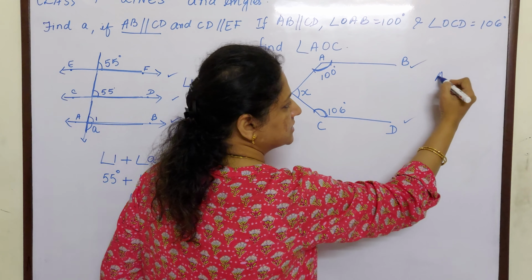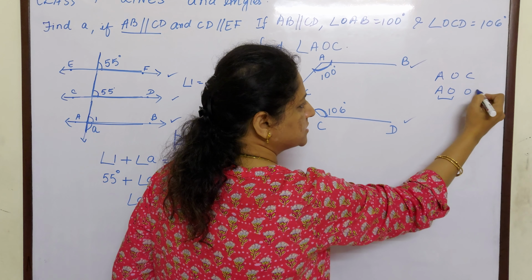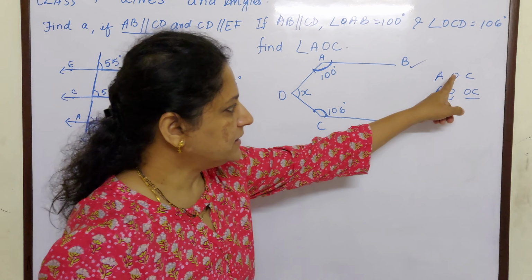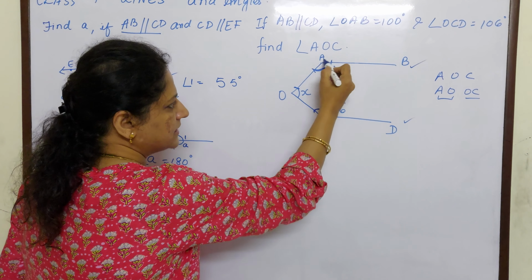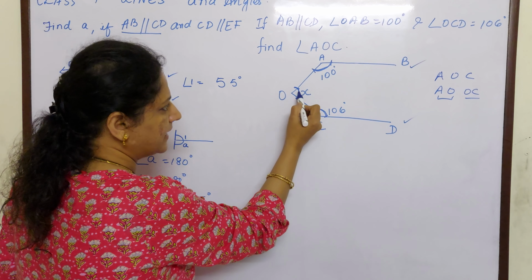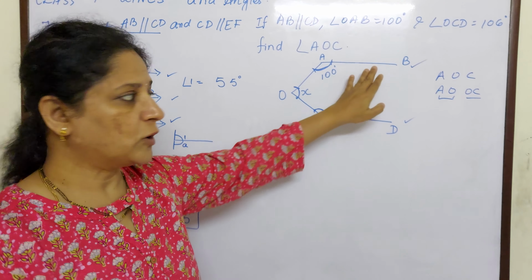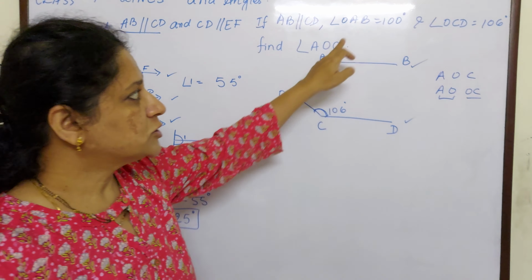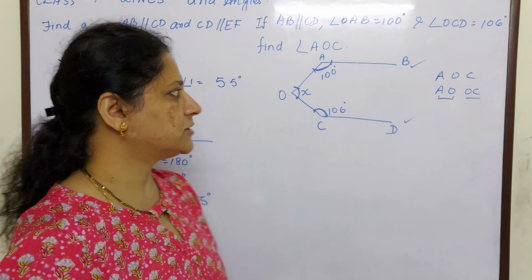What is AOC children? AO and OC meet, right? Because the middle letter we have to write two times. So where is AO children? AO is lying here and OC is here. So this is the angle formed. Sometimes the figure will not be given or the measurements will not be given. So you should be able to mark it. That is why this explanation, children.